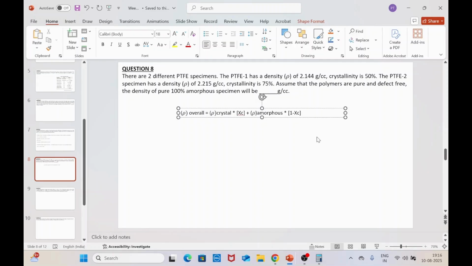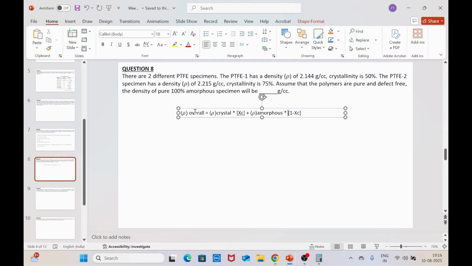So you are basically, as I said, it has both domains: the crystalline domains times their contribution, plus the amorphous domains plus their contribution. If you plug in the value of this crystallinity xc as 0 or 1, you can actually get limiting cases. If you say xc is 1, then rho amorphous will become 0, this particular factor. So xc equals 1 means that the entire system is crystalline. So rho of the specimen is going to be rho of the crystal